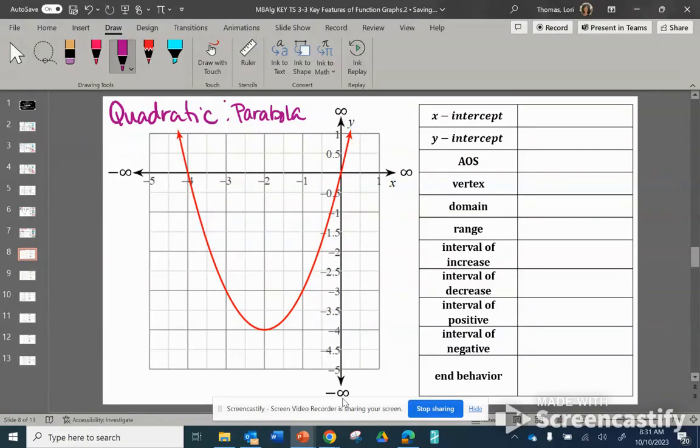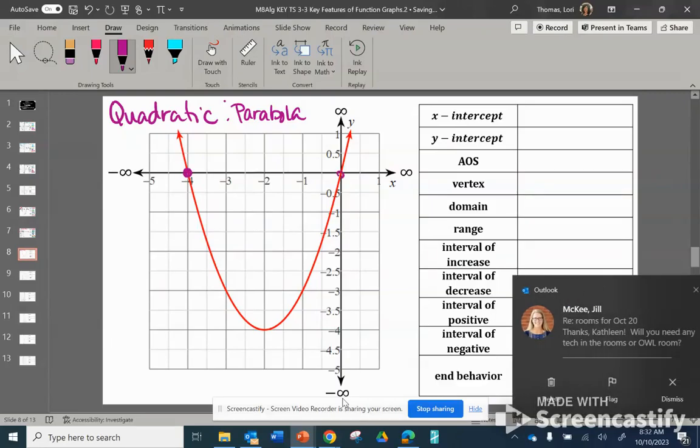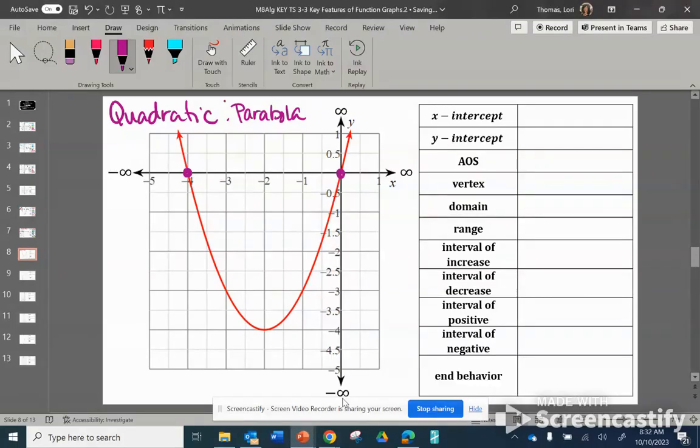So let's talk about our x-intercept. Notice that this parabola crosses the x-axis at 2 points, and we're going to write those as ordered pairs. So our first, going from left to right, ordered pair of where this quadratic function crosses the x-axis is -4, 0. It also crosses the x-axis at 0, 0. Again, the x-intercept is when your y value